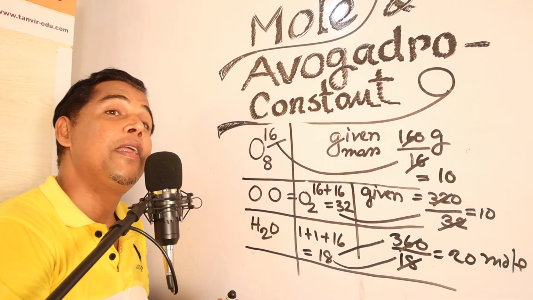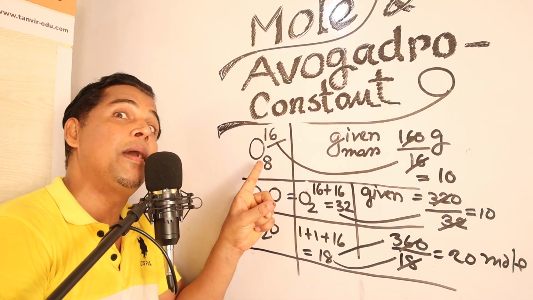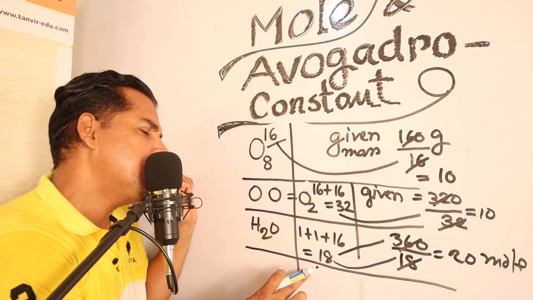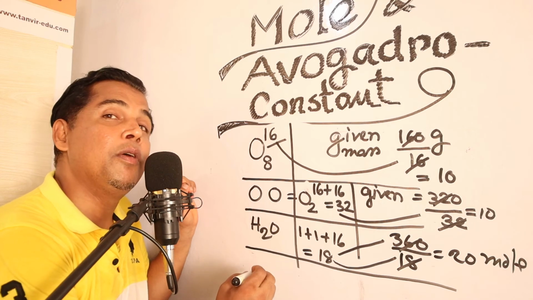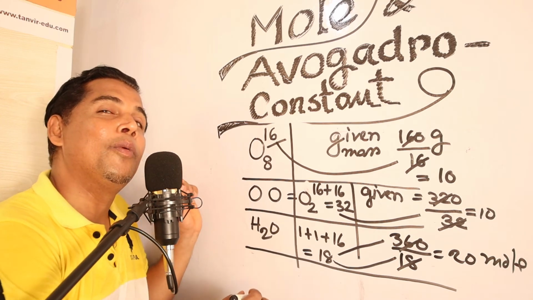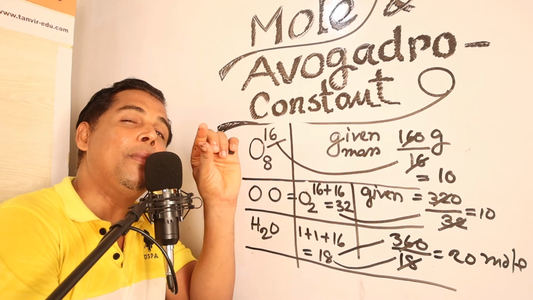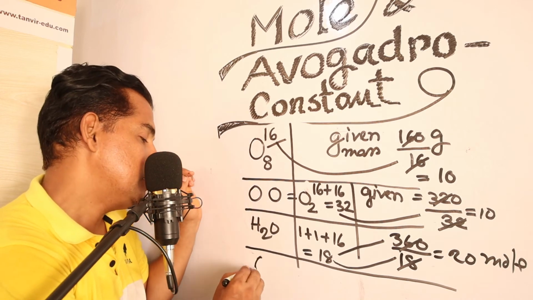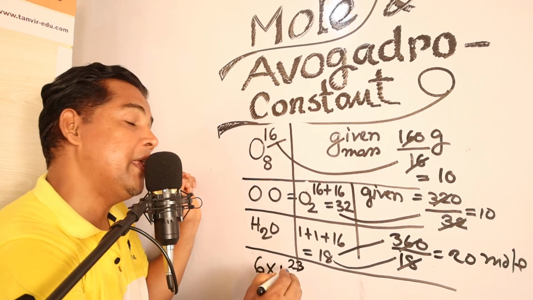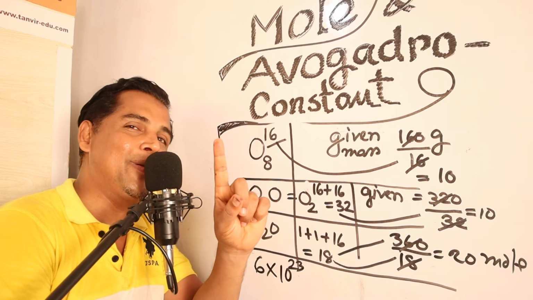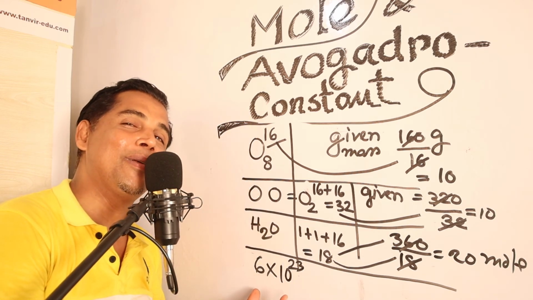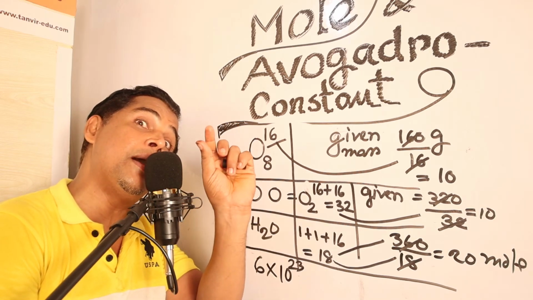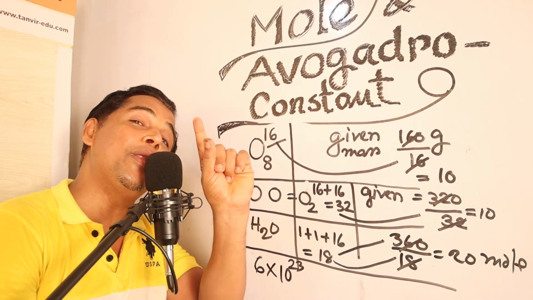If the given number is the given mass, divide by the molar mass, I mean the mass number, which is given in the periodic table. But if the given number is, suppose, Avogadro told that in 1 mole the total molecules could be found is 6 into 10 to the power 23. I mean, 6 into 10 to the power 23 means after 6 there are 23 zeros. This is the standard form for the calculator, but exactly after 6 there are 23 zeros. This number of molecules could be found in 1 mole.